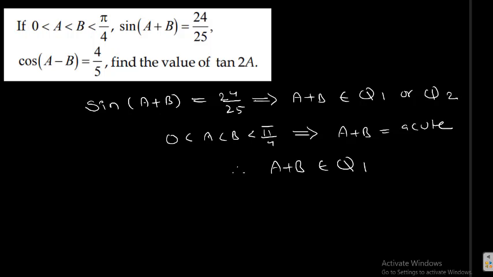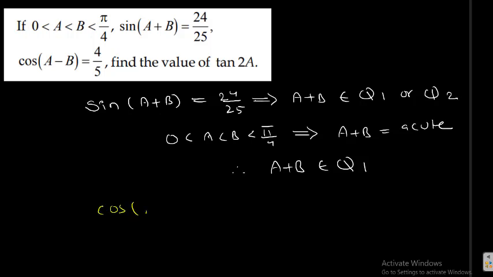Okay, this is the first thing now. Actually, by using sin of A plus B as 24 by 25, I can say that A plus B will be in Q1 or Q2. After that, 0 less than A less than B less than pi by 4 means A and B are acute angles which lie from 0 to pi by 4. The addition is 0 to 90 only. That's why A plus B is acute, means A plus B in Q1. This is the first thing. Next,